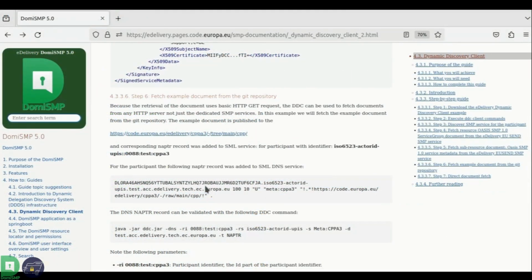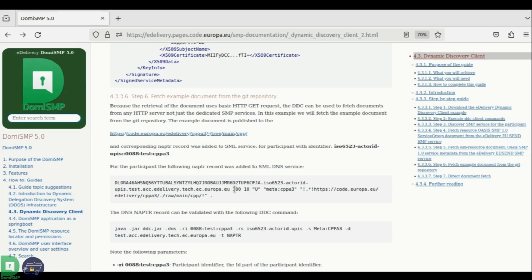In the next step, I would like to show you two different topics, which are usually not heavily used in the dynamic discovery process, but it's good for developers to be aware that they exist and that they can use them, for example, for testing or for developing their own application.